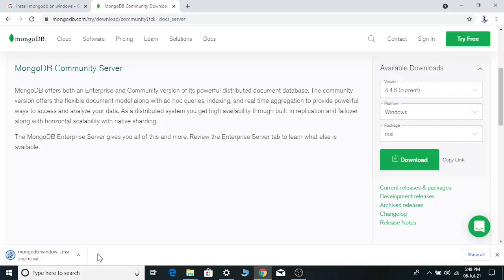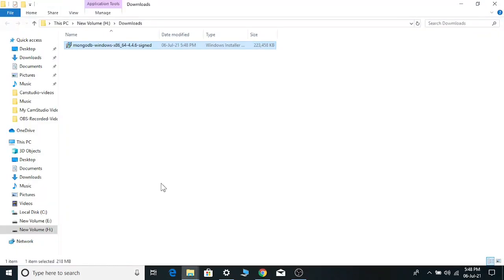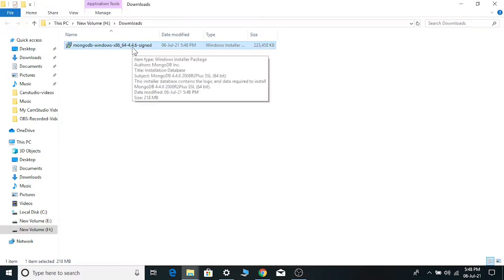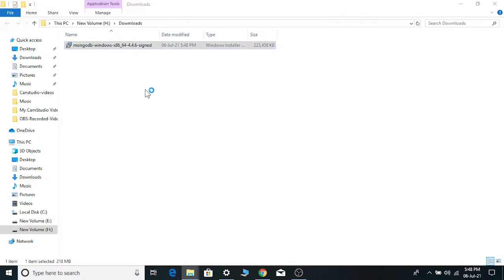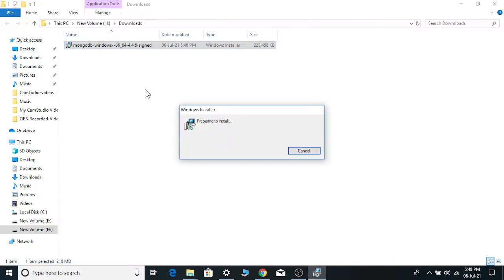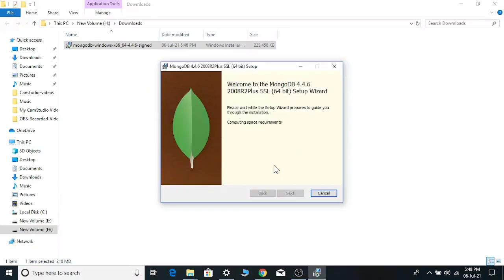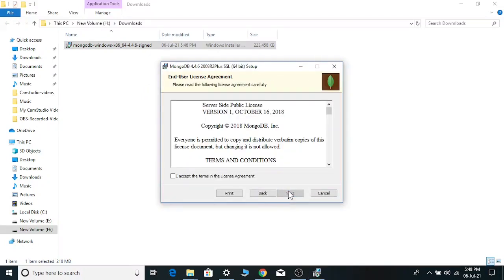Okay guys, it got downloaded, and we will open the folder where it was downloaded. Here you have to double click it. It is preparing to install. Click on next, accept the license,